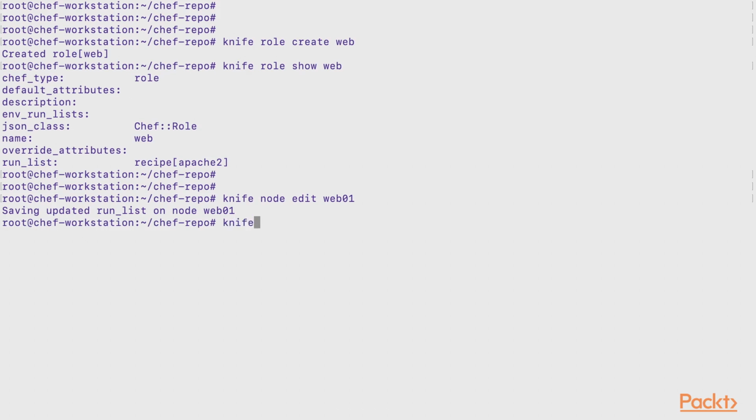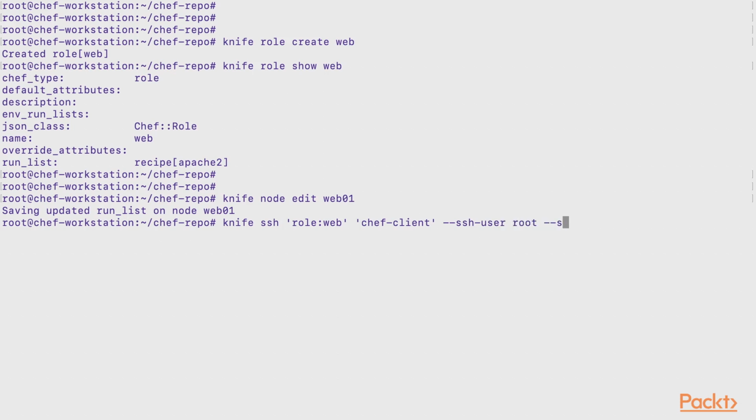In our enterprise setup, we would have hundreds of servers serving as web servers. It is a cumbersome task if we have to go and execute Chef client run on each and every node individually. So in that case, we use the knife ssh command. We would specify the role name, and we would specify the command we wish to execute on all the servers. So here we are initiating the Chef client run on all the nodes which are tagged as web. We will give the SSH username and SSH password details as well.